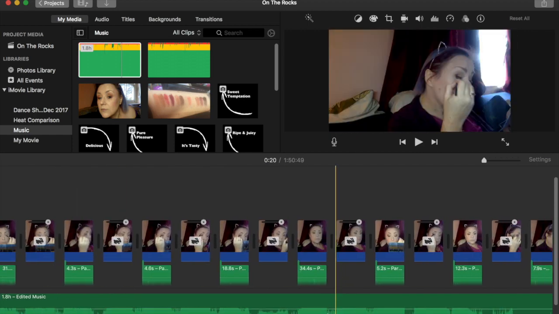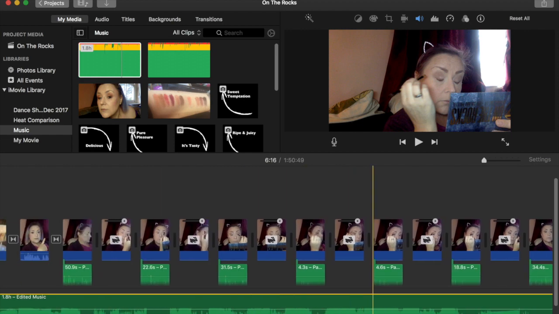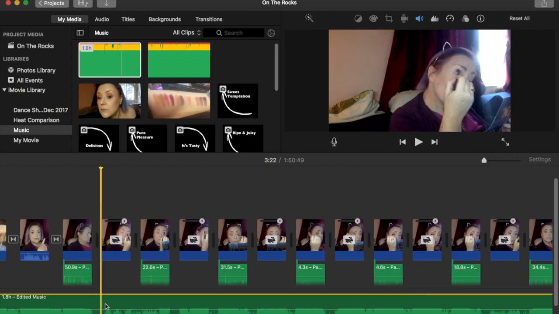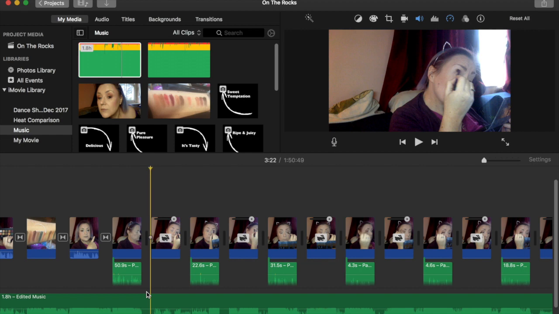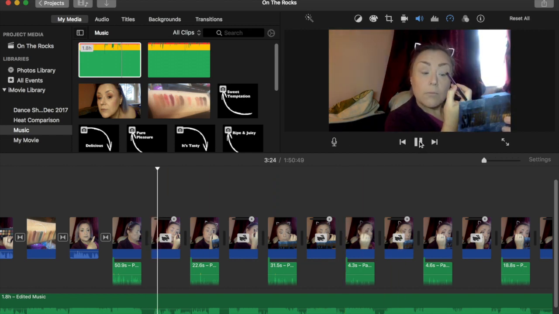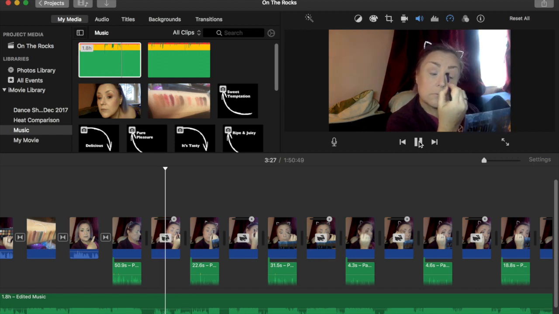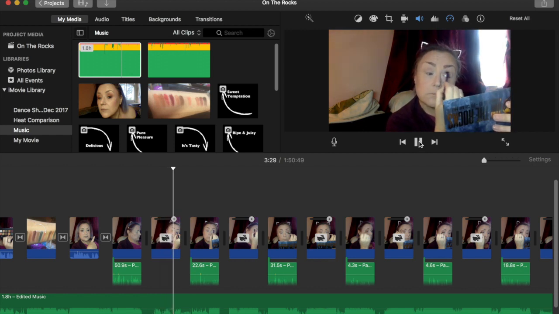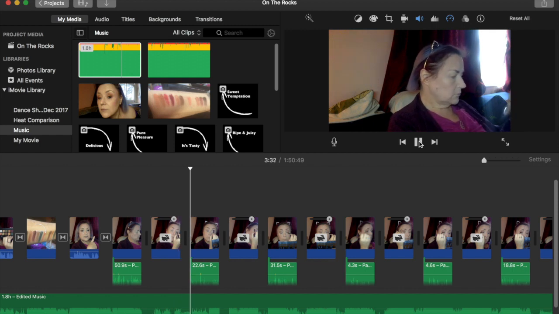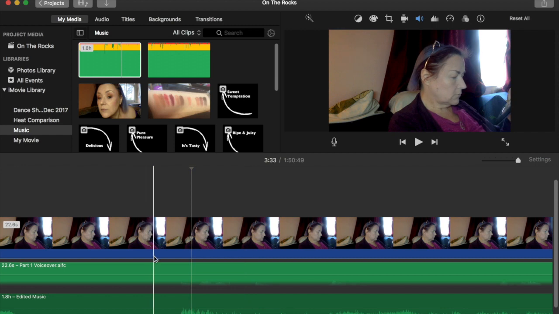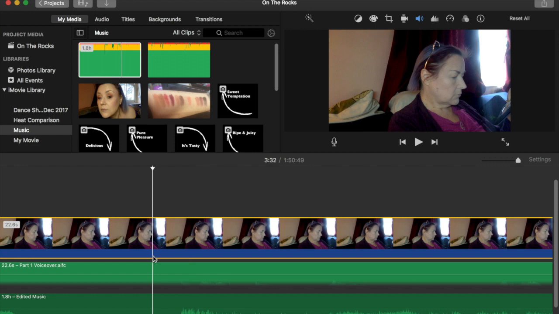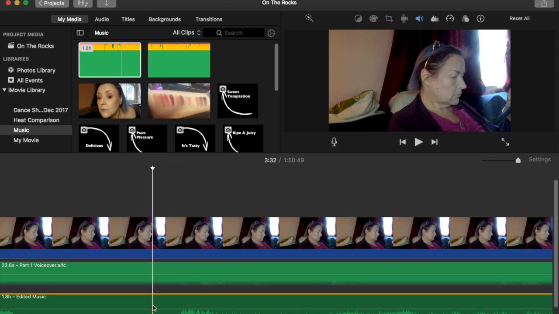So now I know that the first song finishes at around about 3 minutes 22 or thereabouts. So I'm just going to play through until I hear the end of that first track, because that's the only track that I want from this particular clip of music that I've got. And it finishes at about there. So make it large, and I know that this is where that particular music ends. So I will just clip it there and delete the rest of it.